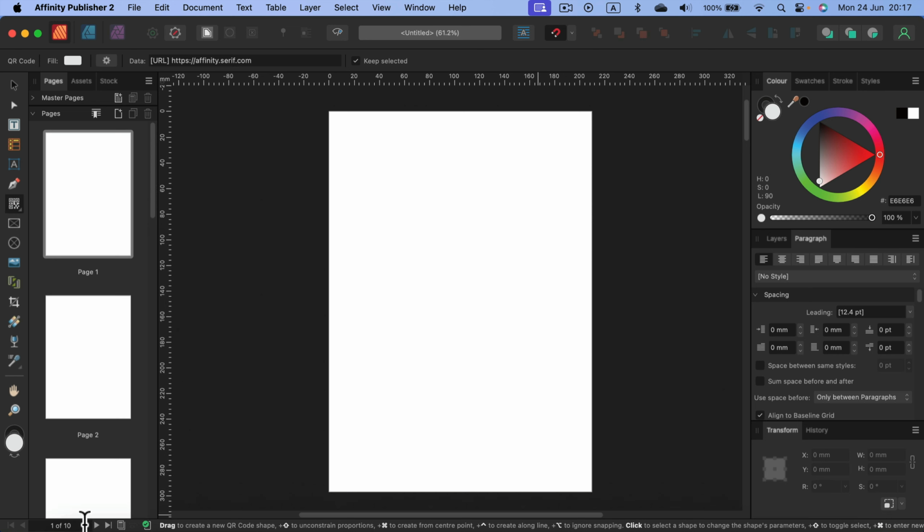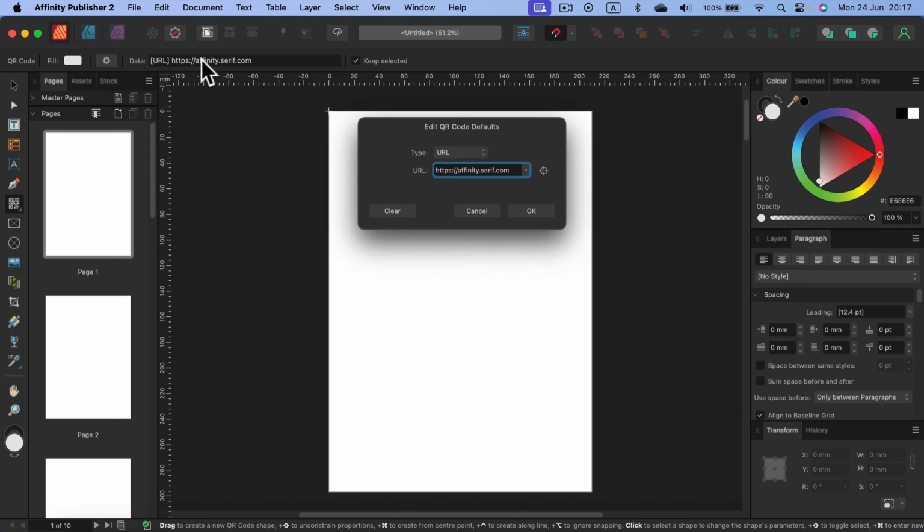Select that. Then at the top, you can modify what kind of QR code you want to generate by clicking on Data. By default, it's URL, Uniform Resource Locator, a link, a website address. But you can also set this up to be a phone number, email, or just plain text. So there are several options for us to choose from, but I believe most of us just need a simple